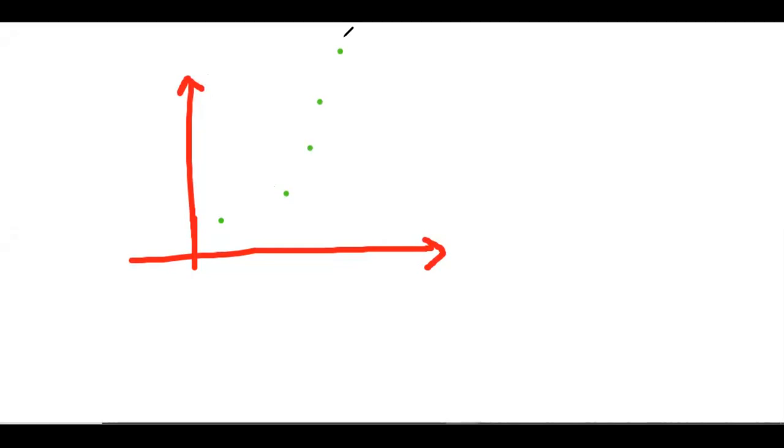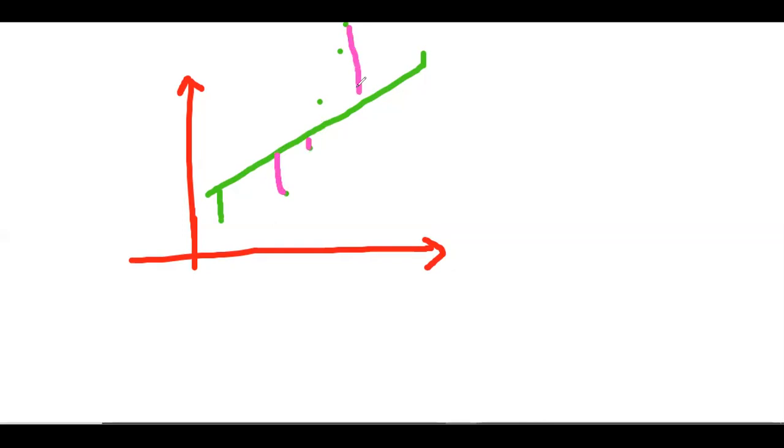To predict the outcome, if I plot a regression line, it is not predicting accurately. In this case, we have this much error. To draw the error lines, I will take one more color. Coming to this case, we have this much error, and coming to this case, we have this much error, and coming to this case, we have little error. So here we have a lot of error.